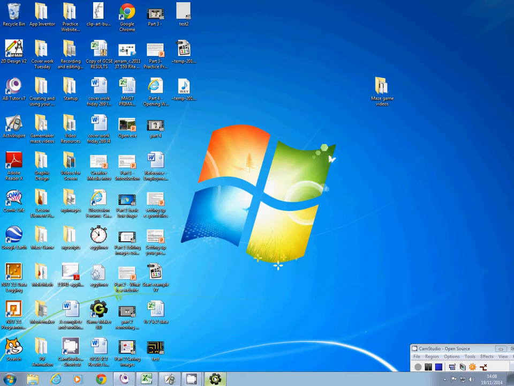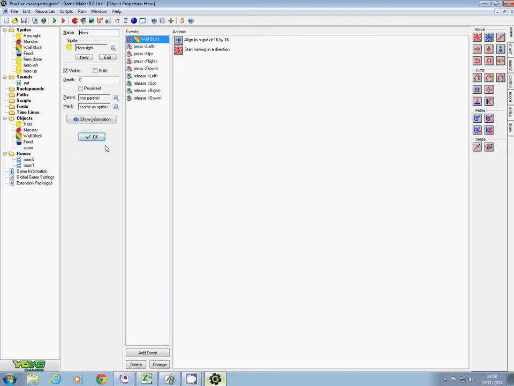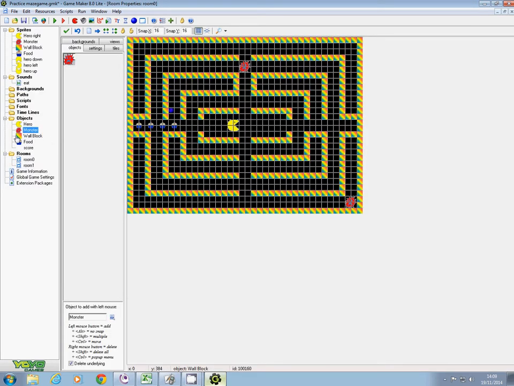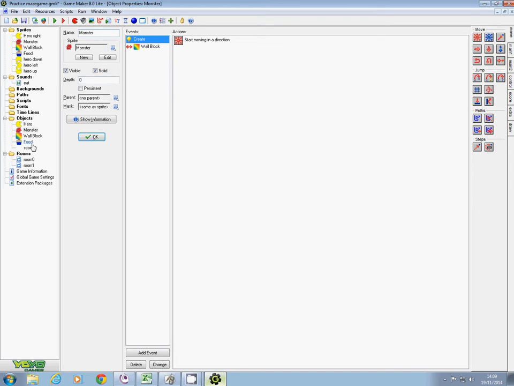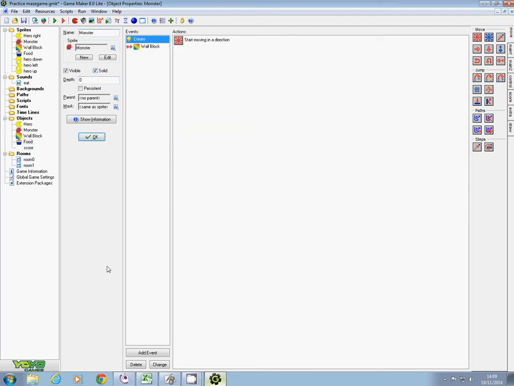I need to wait for my game to come back up, which always takes a second or two to come back up, and I need to go into all my objects and check that they are all solid. Now this doesn't have much of an influence on the hero, but it does have quite an influence when the monster comes to move. So I need to go through and check that all of these things are solid and okay. So now when I play the game, hopefully